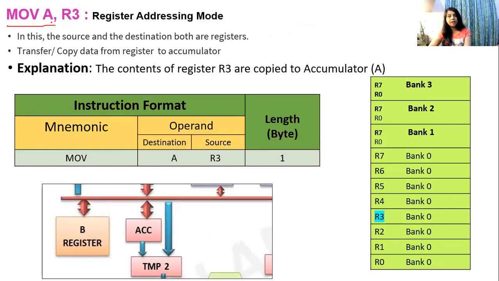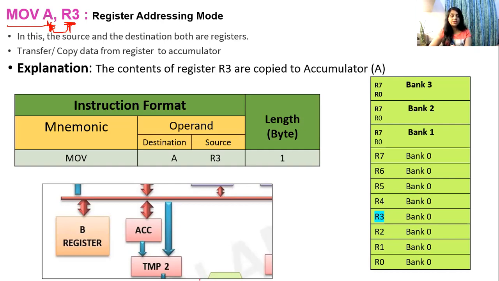Now here A is also register, R3 is also register. So this instruction falls under register addressing mode. What this instruction says, transfer a data from register R3 to accumulator A. Now remember that in all move instructions, it is a copy of data. Even if I say it transfers a data from one register to another or from memory to another, still remember that it is a copy paste operation, it is not a cut paste operation. The original data will remain in the original source as well. And we are transferring it into another destination.